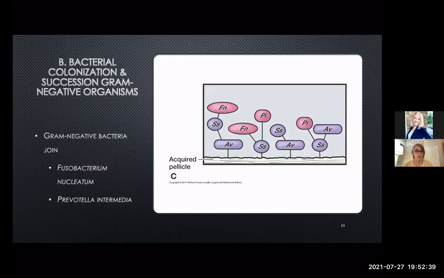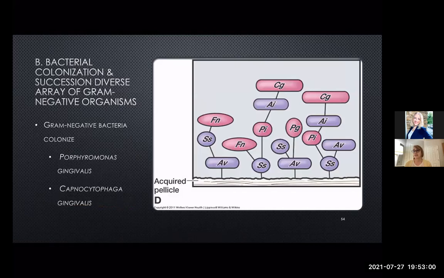Now, gram-negative bacteria start to join in. This is where we see Prevotella intermedia. Y'all remember P. intermedia from pregnancy gingivitis? So we've got our gram-positive, then we get into gram-negative cocci and rods. And then finally, we get into the really bad guys, those gram-negative bacteria like P. gingivalis. This is a gram-negative rod. You have to know that. P. gingivalis is a gram-negative rod, and it's going to start causing a lot of issues and co-aggregation of bad bacterial species for the patient's health.